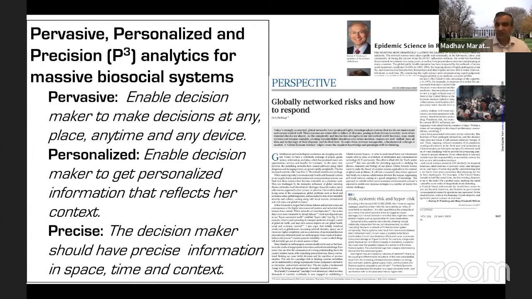There's also an article by Dirk Helbing in general for network systems that I would encourage folks to take a look at, and it talks about systemic risk and how system models would be useful. I want to point out the NSF just awarded us a very large project called the Expeditions Project to study this further. And we hope to continue this work for the next 5 years as we go along.